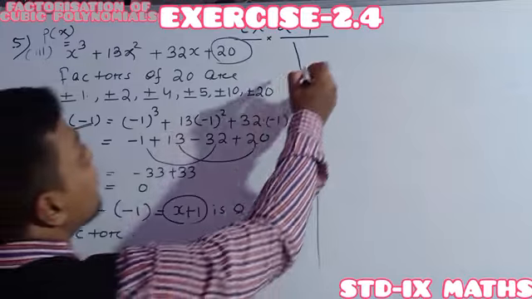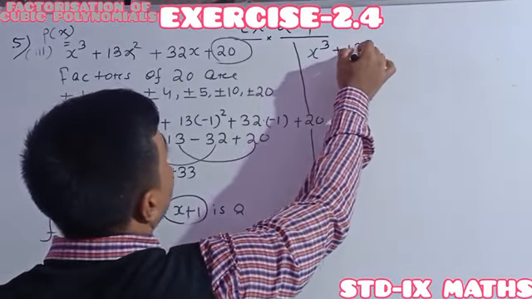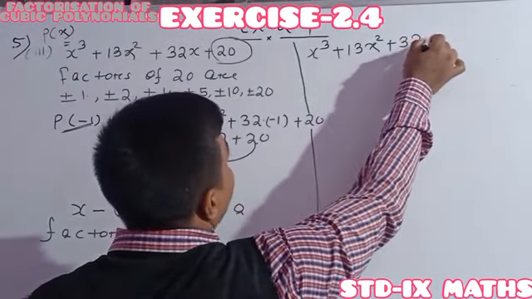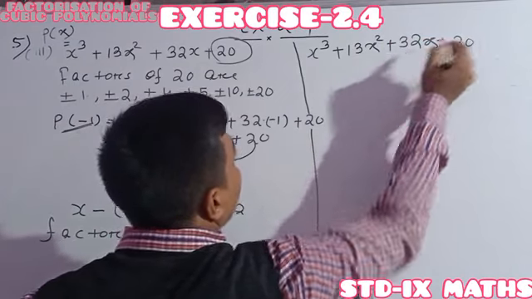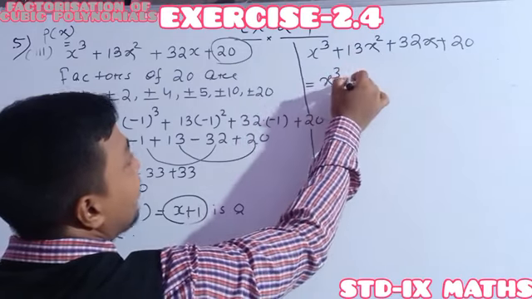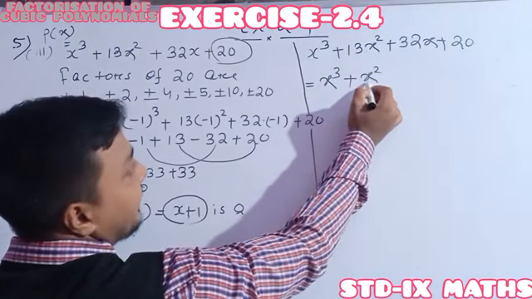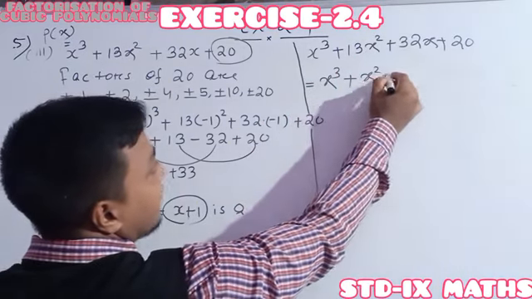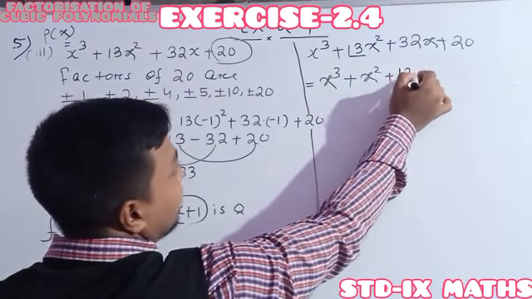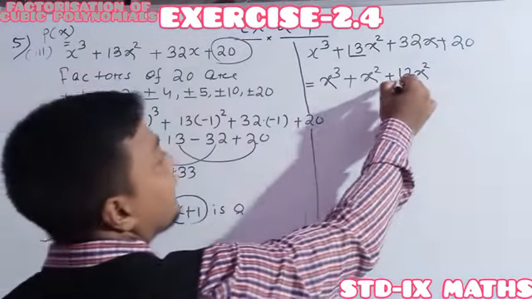Ready? So here I have to break x cubed plus 13x squared plus 32x plus 20. I have to break it in such a way that x cubed and the second one have the same coefficient, meaning x squared. Previously it was 13, but I broke it as only 1. So how much extra is to be given so that 13 is balanced? Here it is 1, so I have to give 12x squared. Here it is 12, here it is 12.